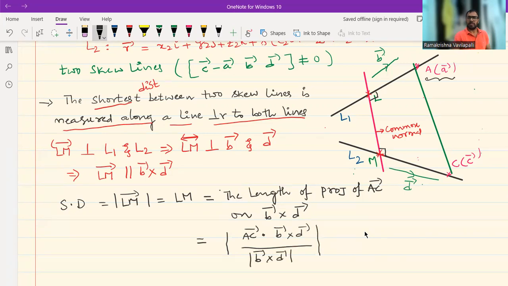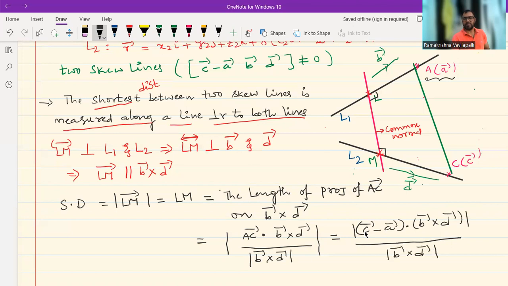So simple concept that projection of B bar on A bar equal to B bar dot A bar by modulus of A bar. So this further can be written as modulus of C bar minus A bar dot B bar cross D bar whole by modulus of B bar cross D bar. So this formula you need to remember, or otherwise further we can write in the format of